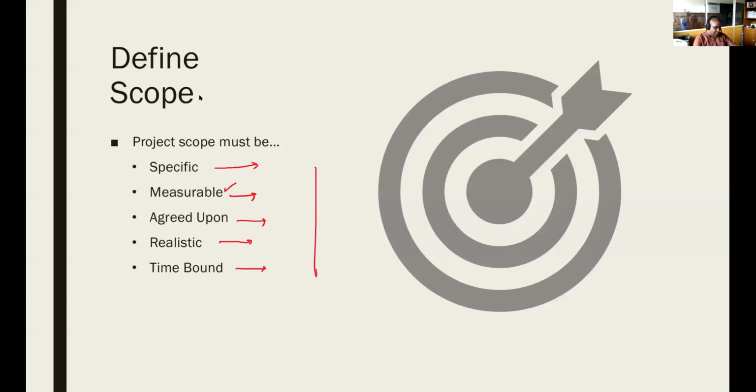These are the 5 characteristics of a scope statement. When you are defining your scope, you should identify whether it is specific, whether it says exactly what needs to be said, whether it is measurable, whether the supervisor and the panel members and the university are happy with you, and whether it is realistic. Can you do that within the given time? Right? So when a topic is given, you can't wait 6 months and then all of a sudden start and achieve 1 year of work. That's also something that you have to understand.